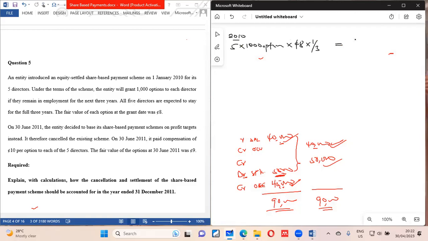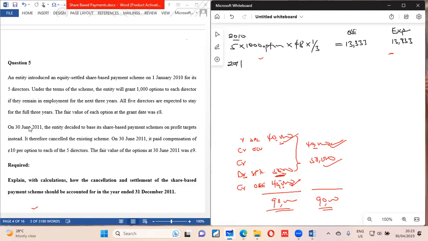And when we do this, you will have OCE and expense. Is that not it? OCE, what was the figure? 26 something, 667, or oh no, 13 something. You gave me 13,333. This is what you would have done for your first year. Then you will come to the second year, which is 2011.